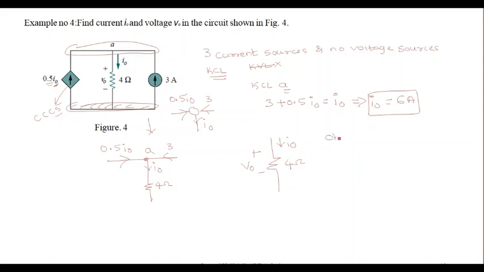So according to Ohm's law and as well as the passive sign convention, we see that it is up to the mark of the passive sign convention. That is, current is flowing from higher potential to lower potential. So voltage drop with respect to V, Ohm's law is what? V equal to IR. That is I naught times 4. So I naught already we have found. So that is 6 into 4. So that will be 24 volts. Okay. So this is how you should approach.